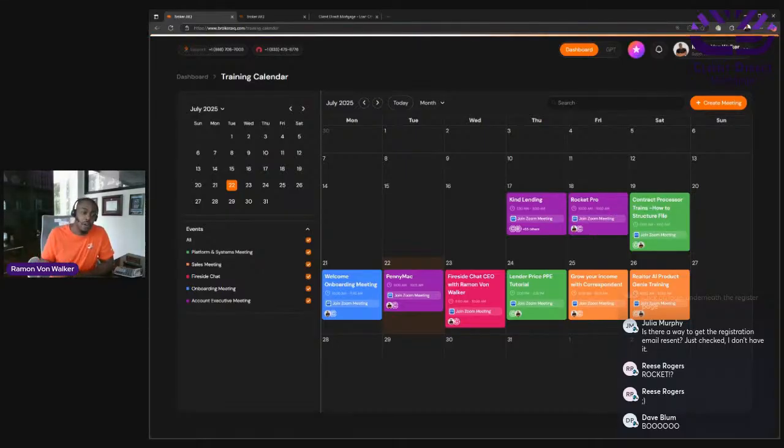So they don't need to go find a Zoom link. All they have to do is go into their portal. Some of you have already been able to log in, so you know there's not even a password with our portal. There's just OTP, a code. So all you really need to know is your email. So get on BrokerAIQ.com, log in, put your email in, boom, you're right there. So no more chasing down Zoom links or trying to figure out when or where that meeting is.